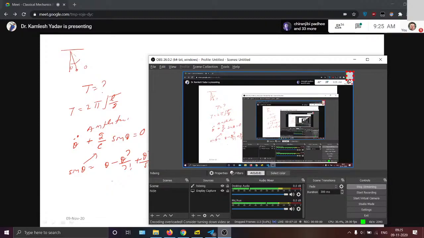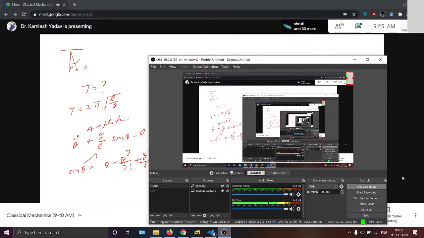In such a situation, we can say that when the pendulum oscillates with a very small angle, it is amplitude independent. Okay, isochronous: the time period will remain the same whether it is oscillating with a small amplitude or a slightly larger amplitude. But if the amplitude of oscillation is large, what happens? It becomes amplitude dependent.